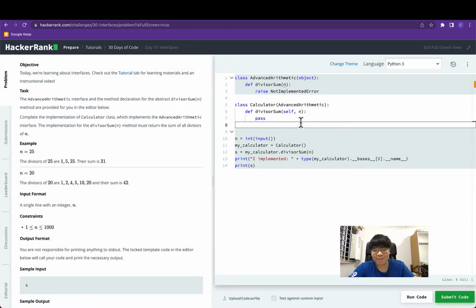Hey everyone, welcome back. Today we are dealing with day 19, interfaces. Interfaces are really similar to what we dealt with in day 13, which are abstract-based classes. We can think of interfaces as pretty much the same functionality as an abstract-based class. There are a few minor differences between abstract-based classes and interfaces, but I will mention them later after we complete this